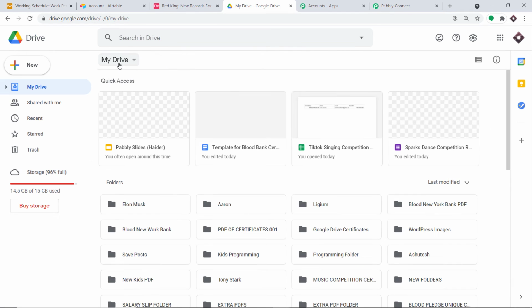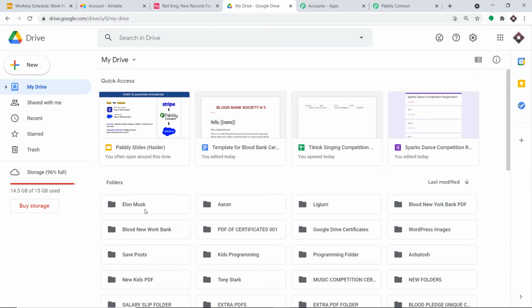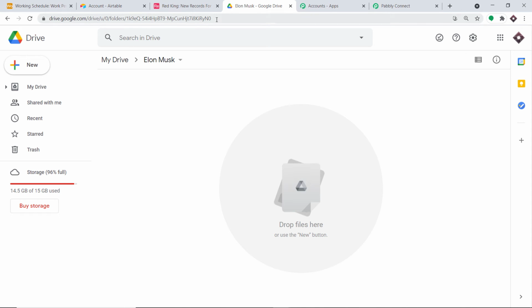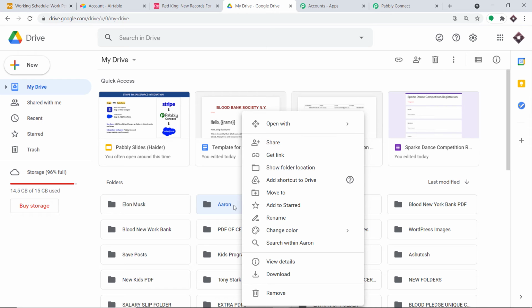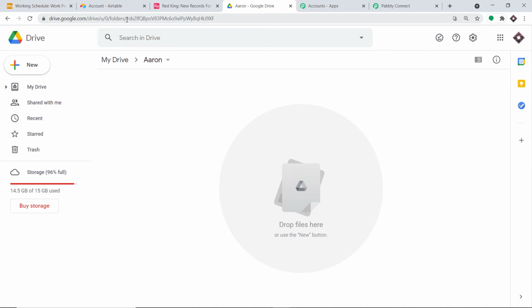I have shown you, but let me show you again. This is the folder that we have created, and when we click here, this is the link associated with this folder. Now there is something you should know: this link consists of two parts. This part is called the static part, whereas this one is the dynamic part. Let me go back to my drive and click on this folder. As you can see, this part always remains static, whereas this part has a very different set of characters.